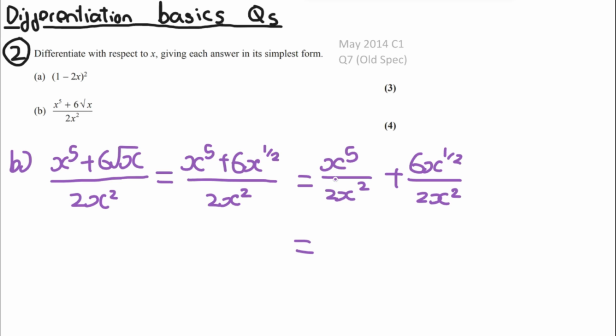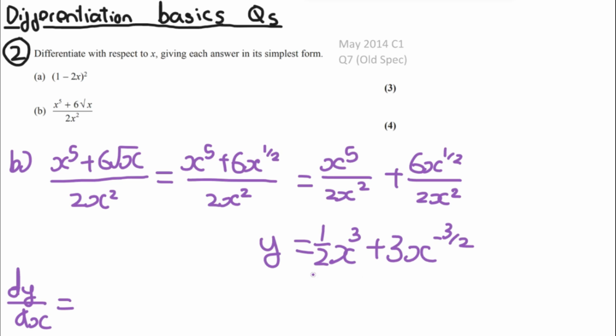Therefore we can simplify this by, remember there's actually a 1 here, so it's going to be a half, and then it's going to be 5 minus 2 as it's a power, so it's going to be x to the power of 3, and then plus 6 over 2 is 3, and it's going to be x to the power of a half minus 2, which is equal to minus 3 over 2. So that's what y is, so therefore dy over